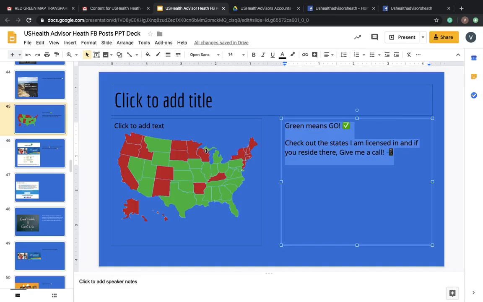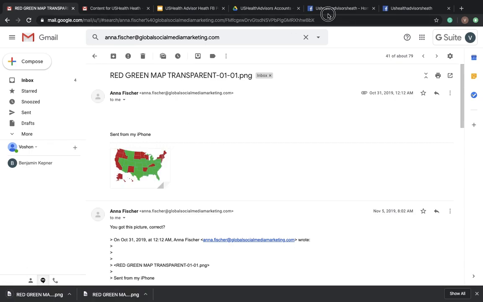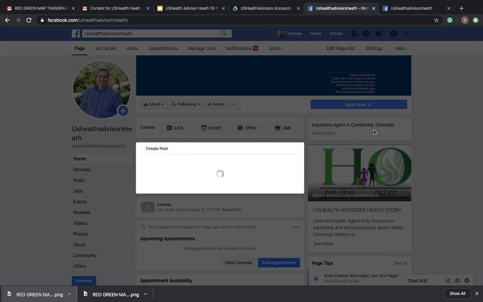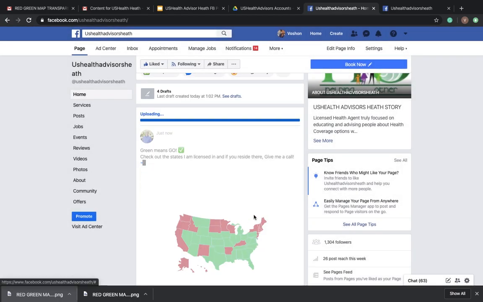Now let's get back. Post for the Google Slides, you can go ahead and copy this over, or you can download it from your source, whether it be a G drive or from an email thread. So I'll go ahead and download that, and it's easy as just dragging it over into the post. Once you have it there, you can either share it now, which I think for a content page, you'd like to schedule them out. So you'll hit that little arrow to drop down, save as a draft, and once you have that saved,